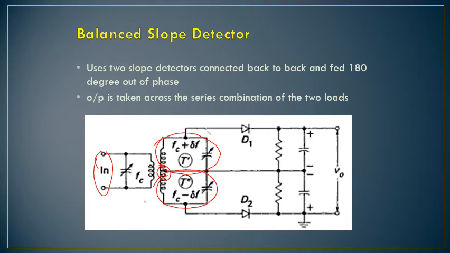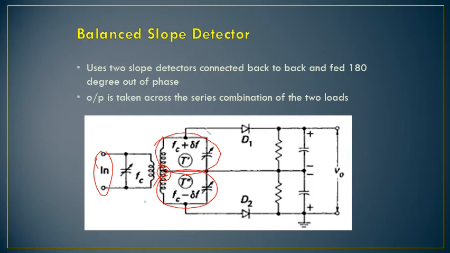So tuning will be more in these two, and in this case this is going to produce the maximum voltage. This will produce the maximum output voltage when the tune frequency is same as that of input frequency. Now in that case, when my input is Fc plus delta f, what will happen this side?